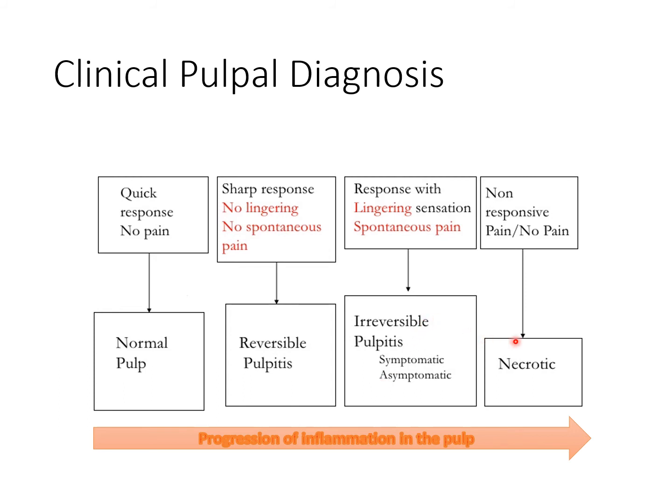Then lastly, you can have a necrotic pulp, which will not be responsive to hot and cold because all the pulp tissue has died, so there will be no pain from hot and cold, and it may or may not have pain on its own because the pulp is necrotic. The pulp may appear asymptomatic, but it will always be associated with a deep caries lesion or history of trauma. Two things you must keep in mind.